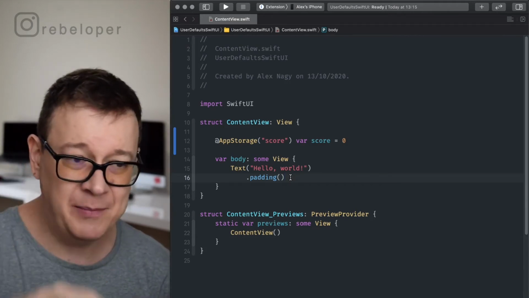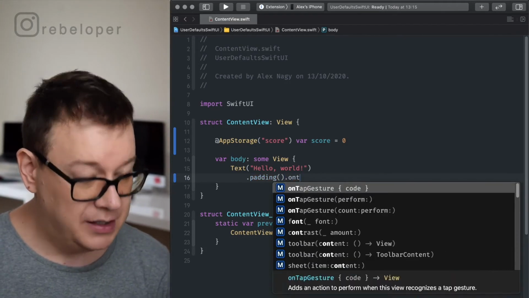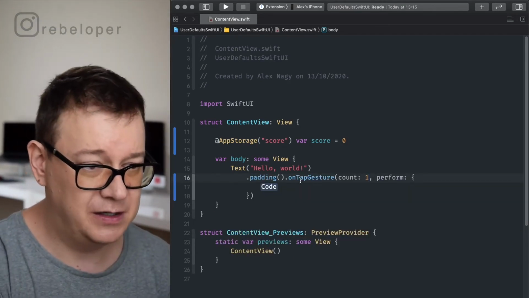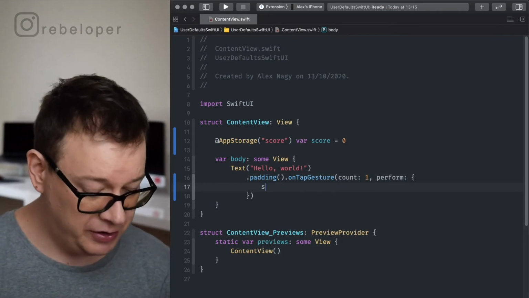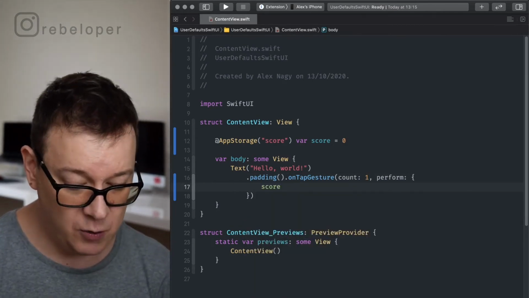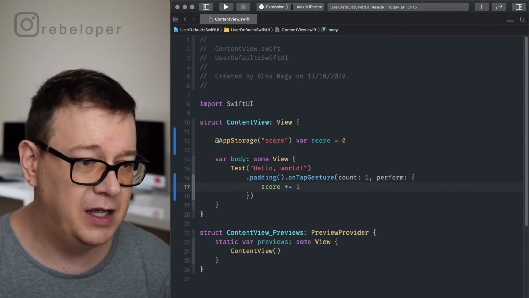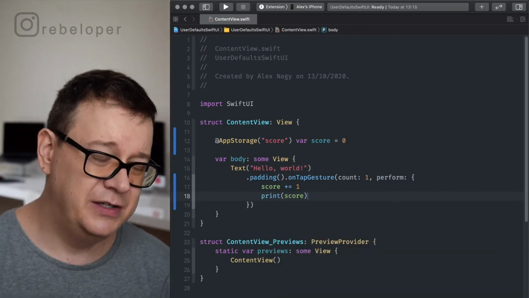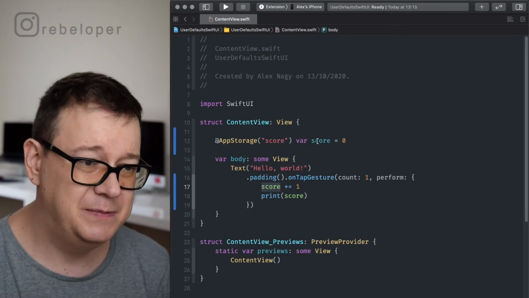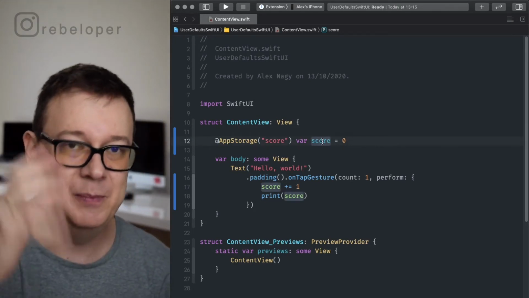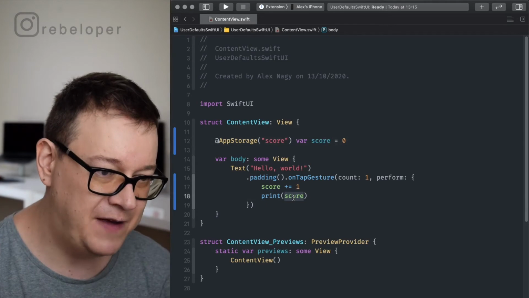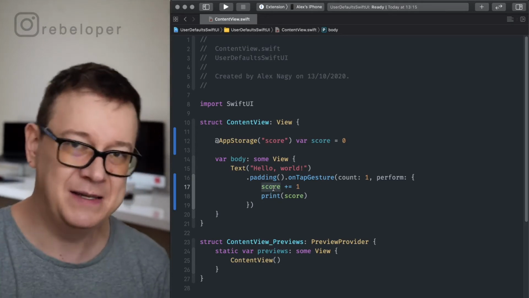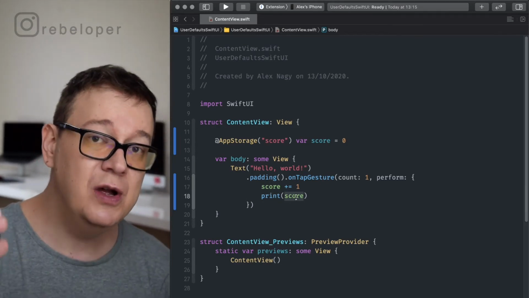Now, I'm just going to tap on the Hello World text. So onTapGesture, and 1 should be okay. So let's just add that. So what I'm going to do is just go ahead and add 1 to the score value. And we are going to print out that score. Okay, now, just so you know, this score is basically going to be updated, and that is why I'm going to fetch it here. I'm going to fetch it from user defaults, not this one, but it might seem like that, but I'm going to fetch the newly saved